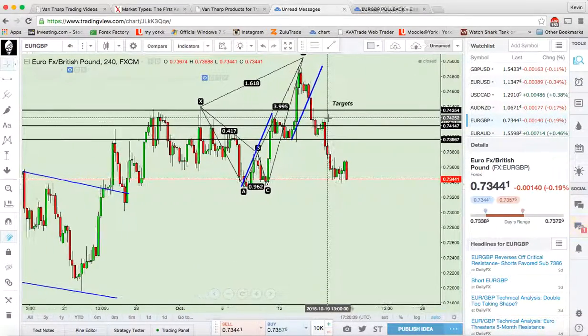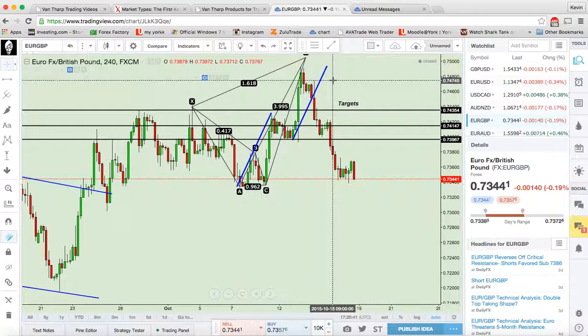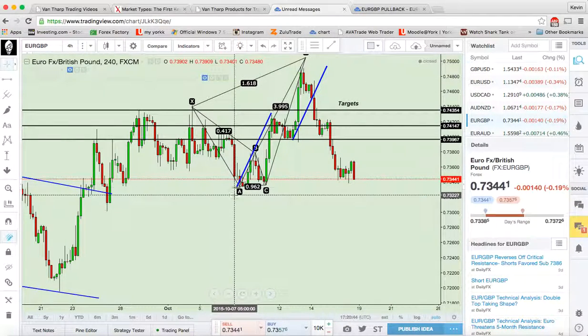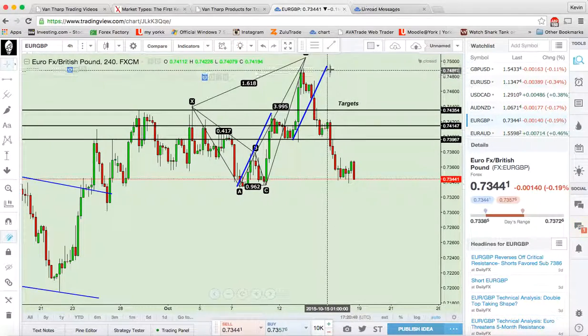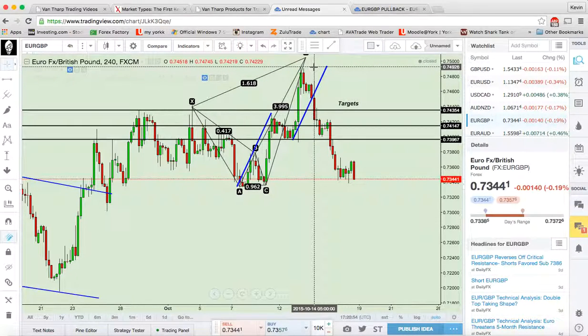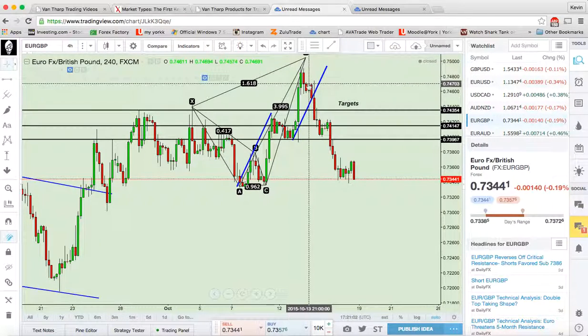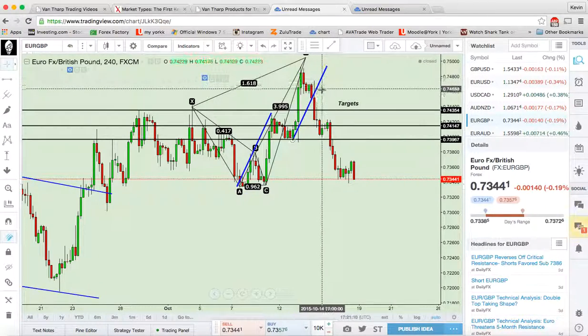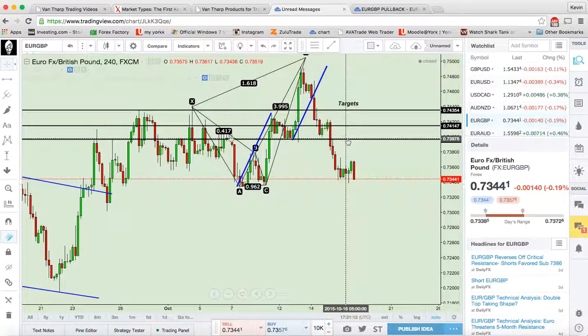I posted this trade because obviously there was a 1.618 pattern, and there was also an AB equal to CD pattern. So I knew the price would go down. I took this trade around here, even though the pattern was completing a little bit above, because ABCD was completing around that point. So I took it, I believe, down here somewhere on a lower time frame, and the price did achieve all my targets. The last target was around 0.74,